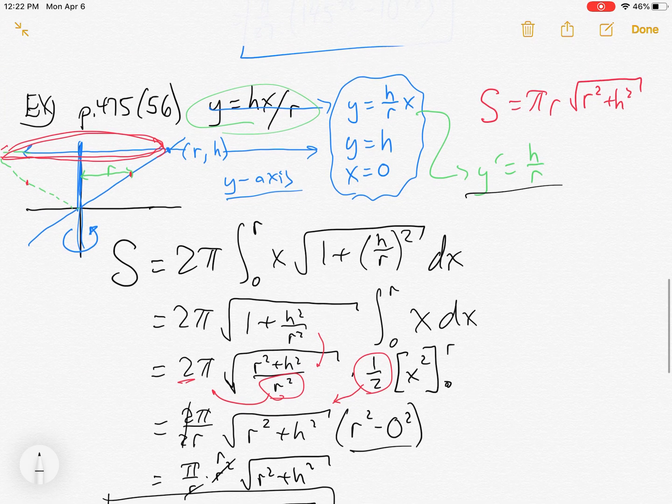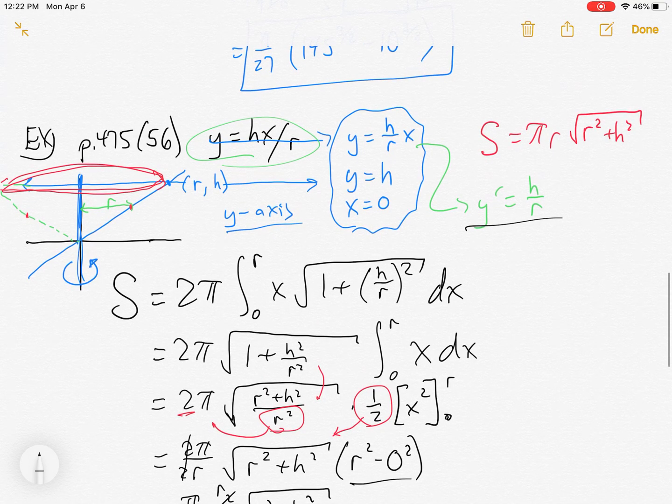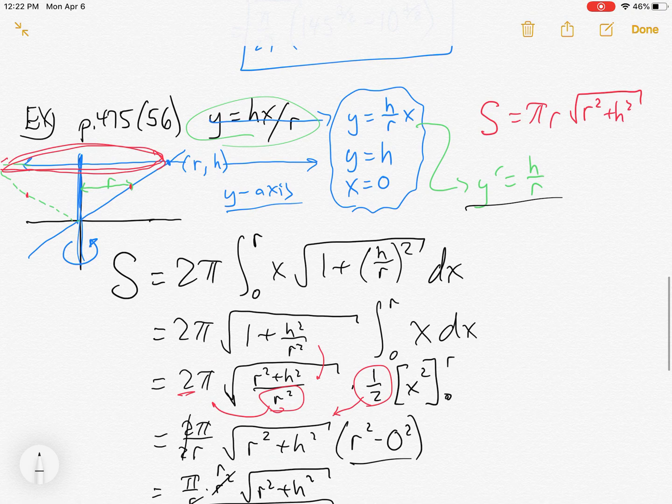Okay, well that is surface area. Hopefully that helped clear some things up. How we get r, where the formula kind of comes from, and really the integration process and how it's usually ideal to simplify under the square root, pull out that